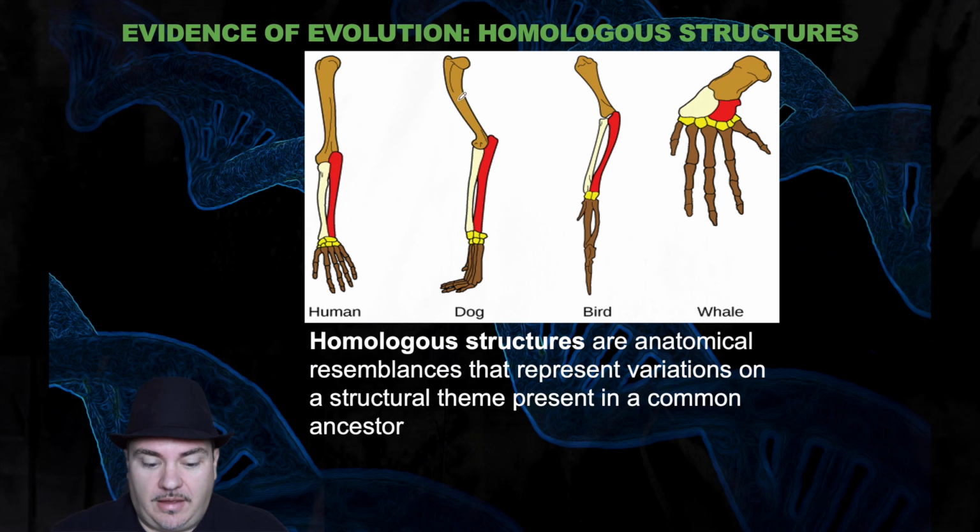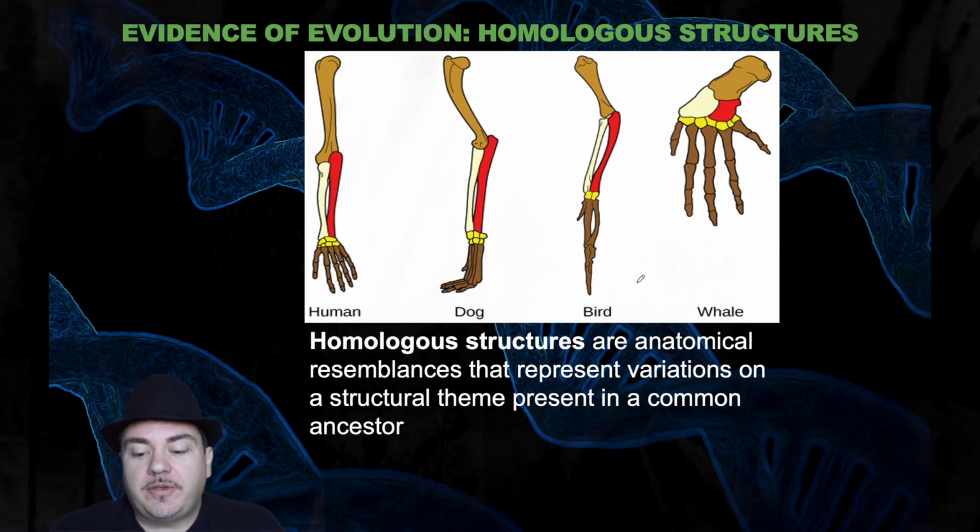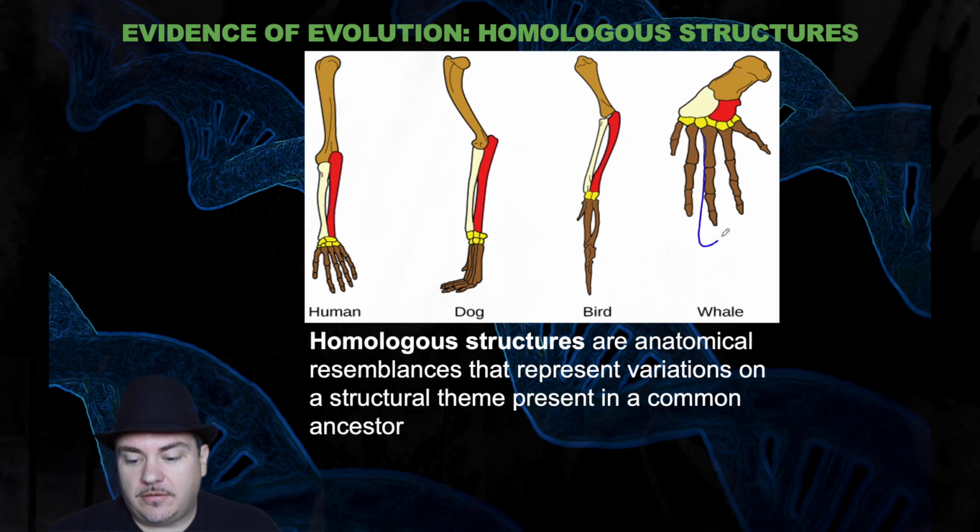Be it in an arm, 1 bone, 2 bones, wrist, hand. A leg, 1 bone, 2 bones, wrist, hand. A wing, or a flipper. They're all the same set of bones. They've just become adapted over time to serve different purposes. Okay, imagine you're an organism that's transitioning from walking on the land to swimming in the oceans. In that case, it would be beneficial for those finger bones to grow longer and longer so you can get a big flipper to help yourself swim through the oceans.